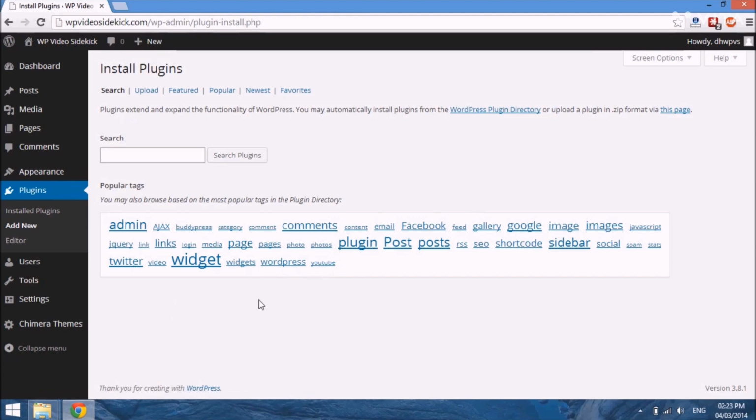There's so many options. These are some of the more popular categories, so if you need something in particular, you just go ahead and say you want to have a Digg plugin to help share your posts. Then you just type that in,